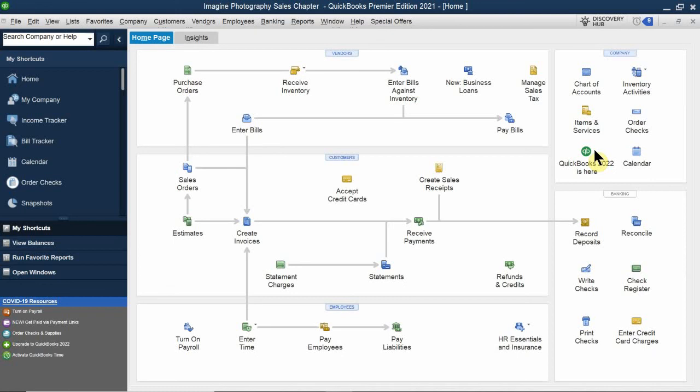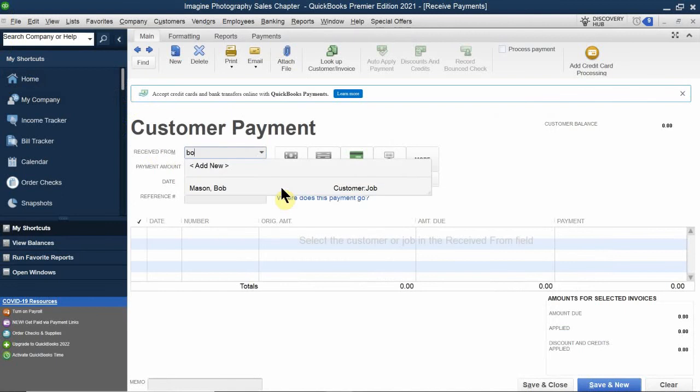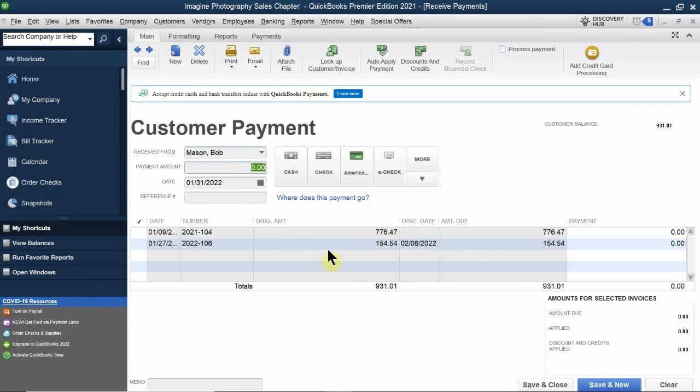So next section here is, well, I skipped this one section, so let me go ahead and go back to it. It's what happens when you have a customer and you gave them some terms. How do you record the discount there? Well, let's go ahead and take a look at that. If I go ahead and click on customer payments once again, and let's say Mr. Bob Mason decides to pay for one of his invoices. So right now he has 2 that he still currently owes. But this time he ends up sending us a check for a total of